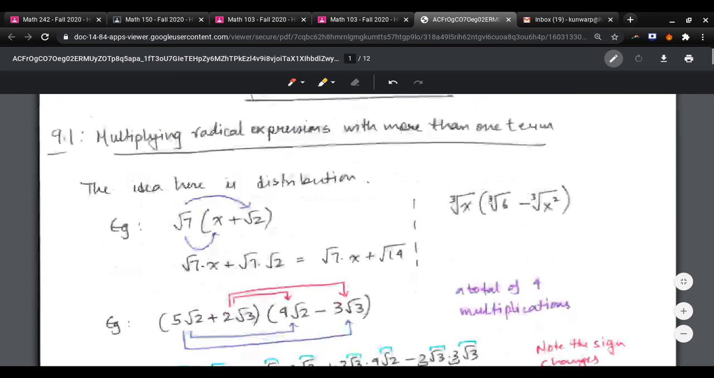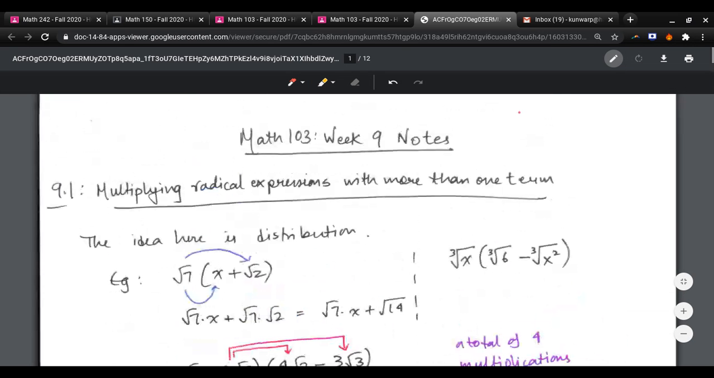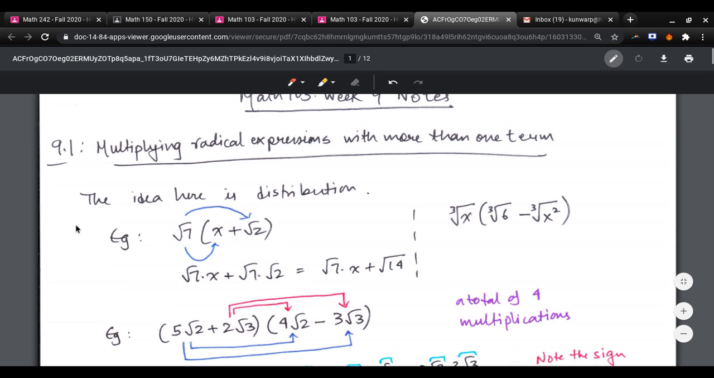We're going to start by continuing with radical expressions and the operations on radical expressions. The first thing that we're going to look at is multiplying radical expressions with more than one term. The idea here is that of distribution. So for example, if you have a single term multiplying with two terms, you distribute the root 7 to both the terms to end up with root 7x plus root 7 times root 2,